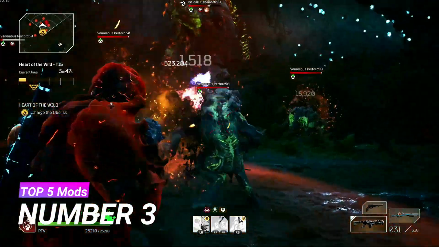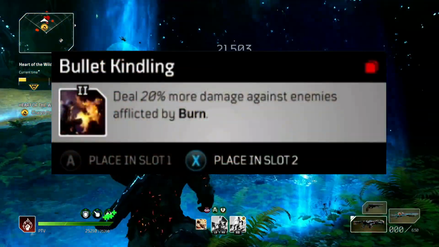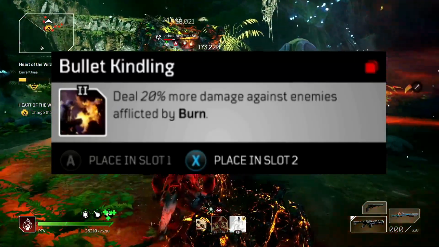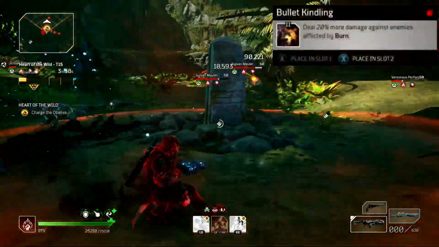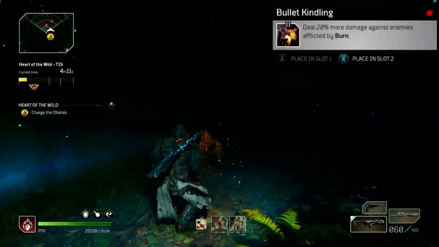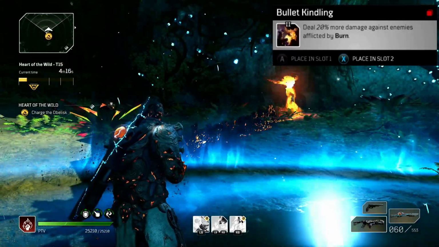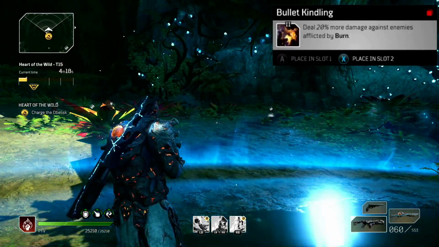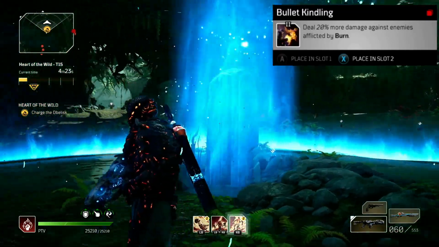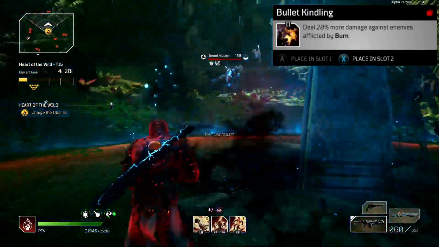Coming in hot at number 3, pun intended, we have Bullet Kindling, which is a tier 2 armor mod. This deals 20% more damage to enemies afflicted by burn. Given that we are a Pyromancer and we have skills such as Overheat, among all the other skills that set things on fire, we can literally walk into rooms and set the entire room ablaze. That said, it is so easy to have this mod procced, given that everything is always on fire. The substantial increase in damage, with 20% more given to enemies who are already burnt, is just super easy